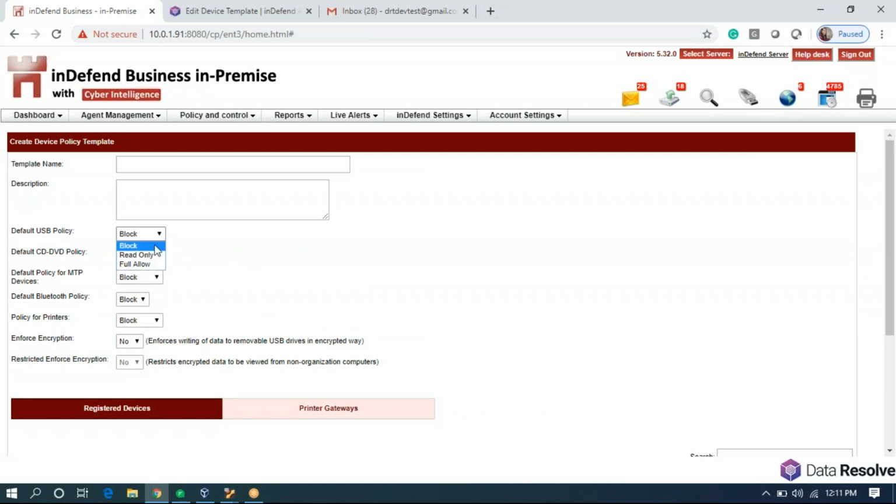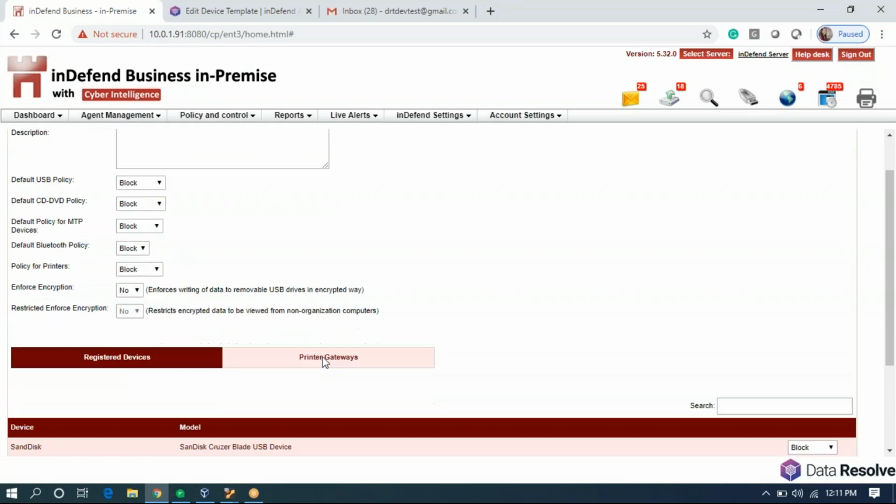For USBs, we have block, read only, and full allow policies. Other than this, we also have enforced encryption. So I'll name this policy Rio, right? So first I'll demonstrate how block works, in general, how basically USB policies work.